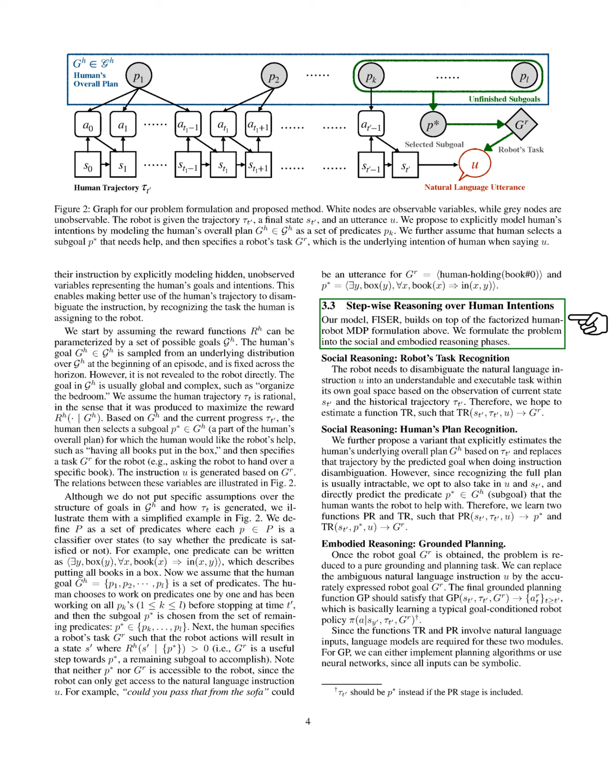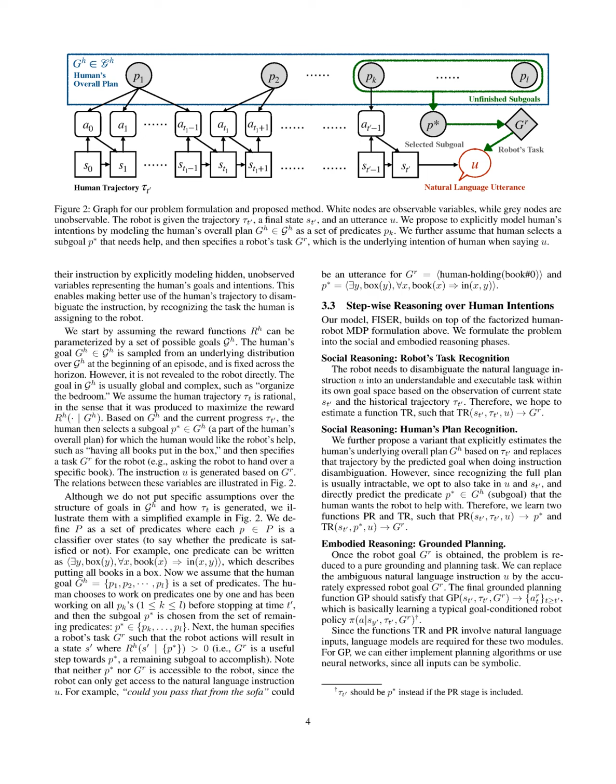In the second phase, we propose a method to estimate the human's overall plan based on their actions and use this information to clarify the instruction. Since fully recognizing the plan can be complex, we also consider the instruction and current state to predict the specific subgoal the human wants the robot to assist with. Thus, we develop two functions, one for recognizing the subgoal and another for determining the corresponding task for the robot.